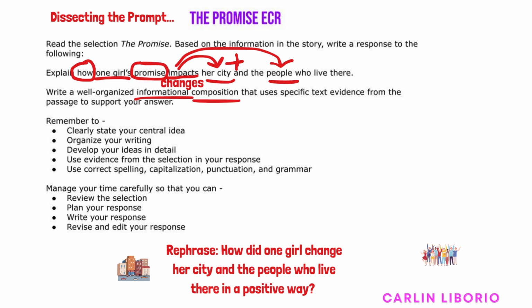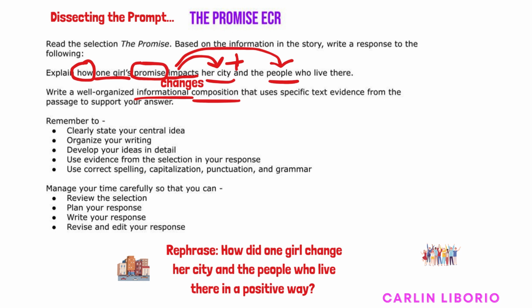All right, let's get started. So just a quick look at the prompt that I showed you in the other two videos. If you haven't checked out part one and part two, make sure you take a look at those. One of them is going to show you how to take a MEET student to masters on that high level. And another one is going to show you how to take a really low student that only wrote 2 sentences from like a does not meet to an approaches or even to a meets.